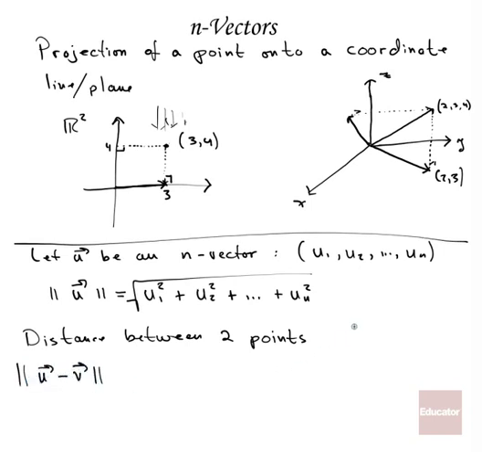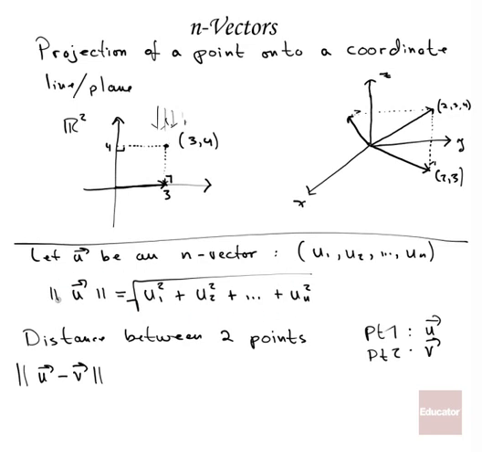So if point 1 is represented by some vector u, and point 2 is some vector v, the distance between them is the magnitude of the vector u minus v. In other words, take u, subtract v, you'll still get an n vector, and then take the magnitude of that,